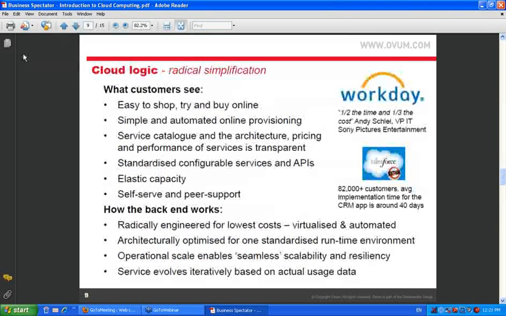Salesforce, for example, has now 82,000 customers worldwide, and the average implementation time is 40 days for what for many organizations is a major application. So the whole idea is it's a radical simplification. The standardized service is available more quickly and more cheaply because it's available on demand over the internet. If we go to slide 10,